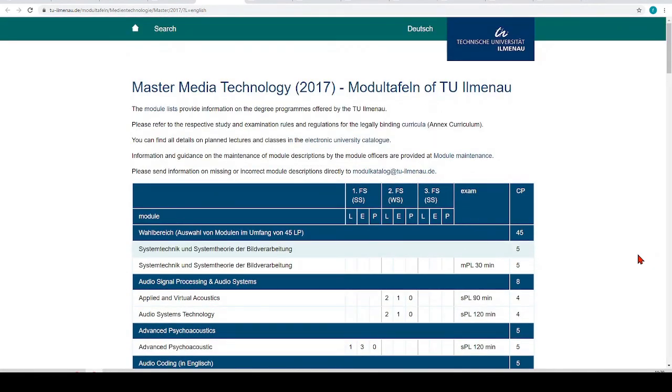And that's it for today. We had an overview of the courses that are part of the Masters of Media Technology, especially the ones related to